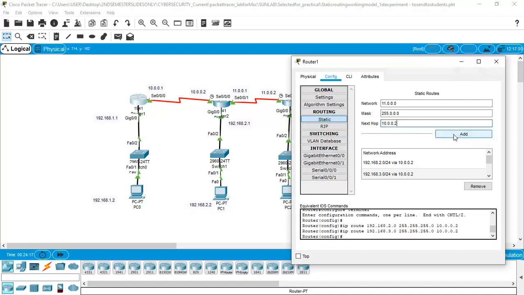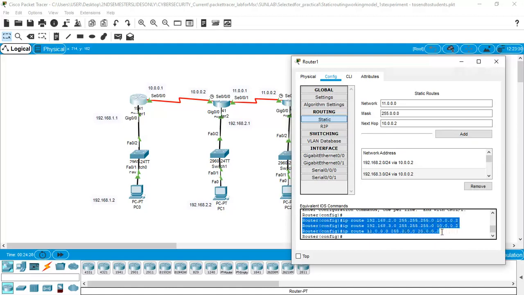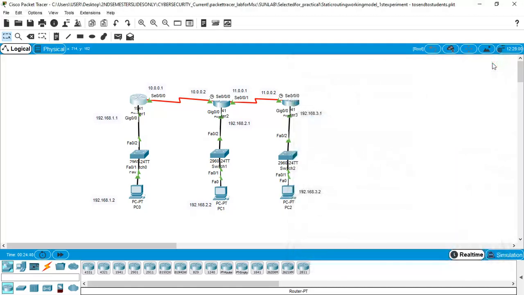So this also I have to add. I have added this one, so the configuration in router R1 is complete. Let us close this, and then we will go to the configuration of the second router.